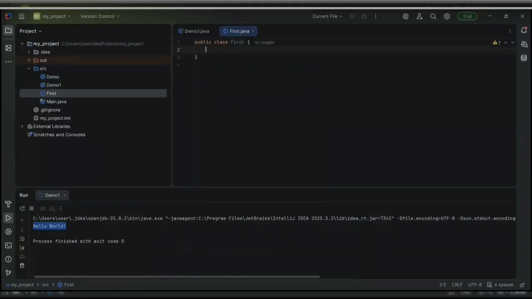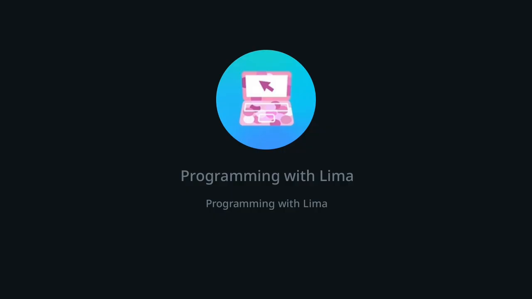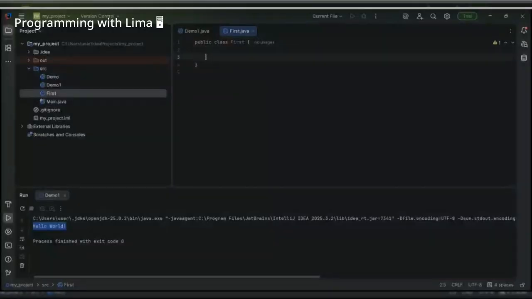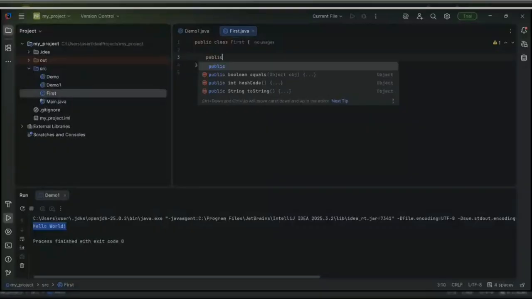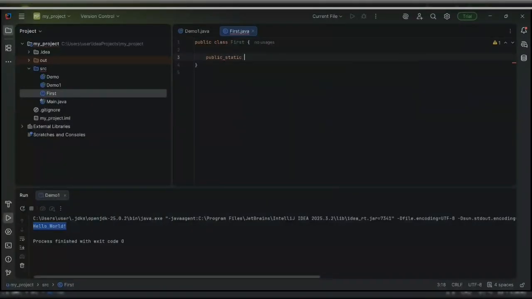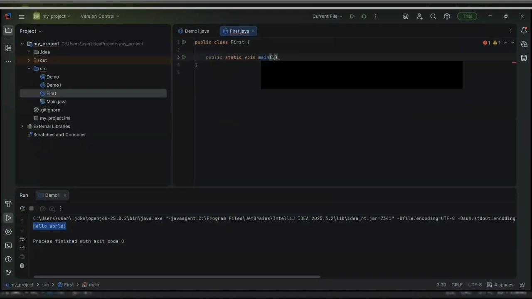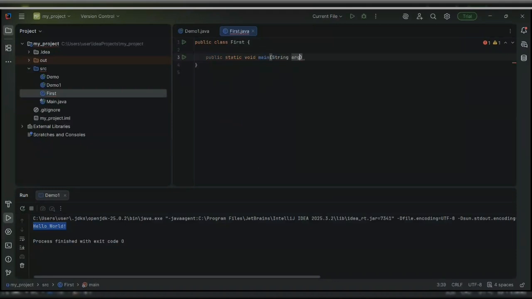So we should have our method that prints Hello World. So let's define our method. Public static void, and let's call it just main, and our arguments.